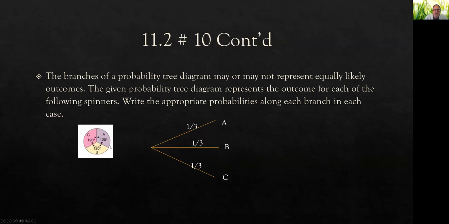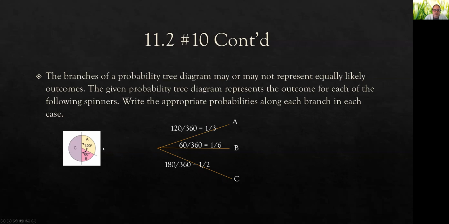All right, so here we have this spinner, and all of the sections are the same size, and there's 3 sections. So each section will be equally likely. So the probability of landing on section A is 1/3, the probability of landing on section B is 1/3, and the probability of landing on section C is also 1/3. For this next one,